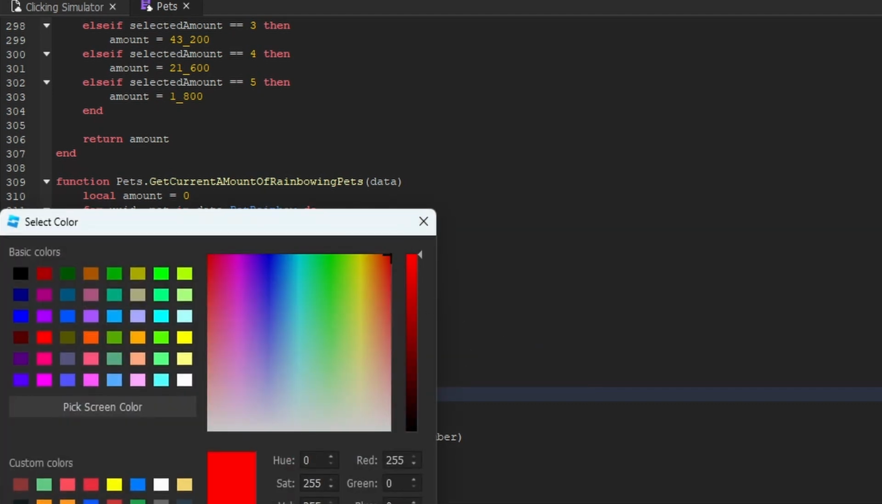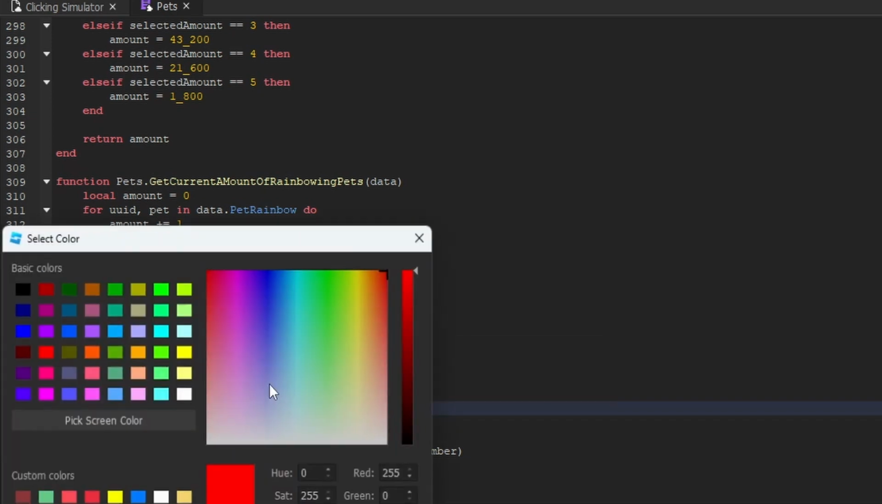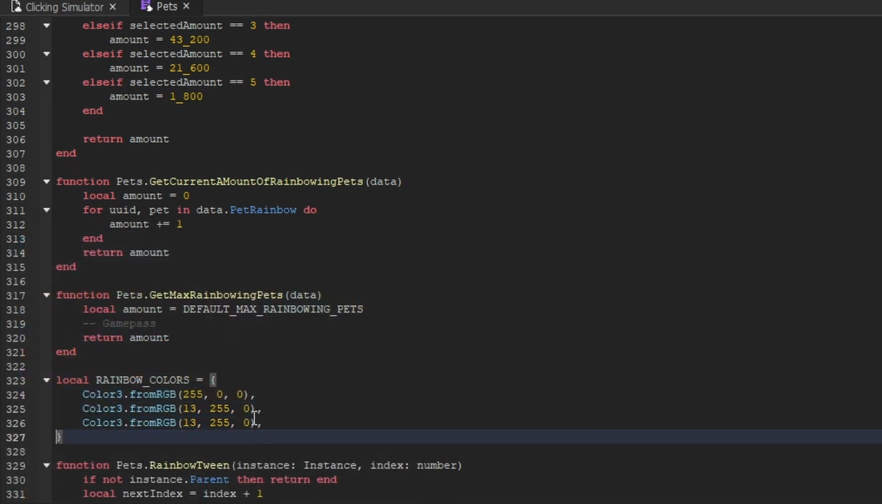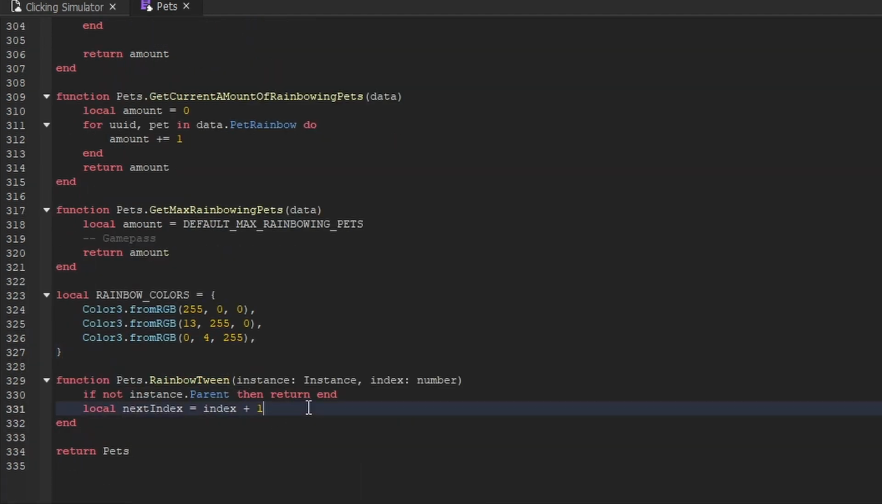So I'm going to go with a red. Then we'll add a comma here, and we'll say once again Color3.fromRGB, and then I'm going to add a green. And then I'll copy and paste this one more time, and our final color is going to be a blue. Cool. So now that we've got that variable created, going back to the rainbow tween function, we're then going